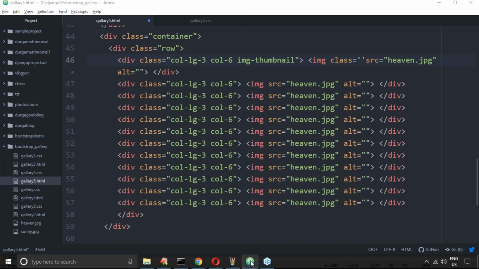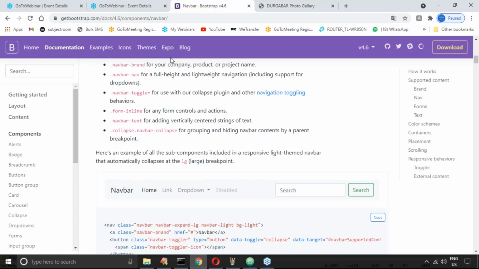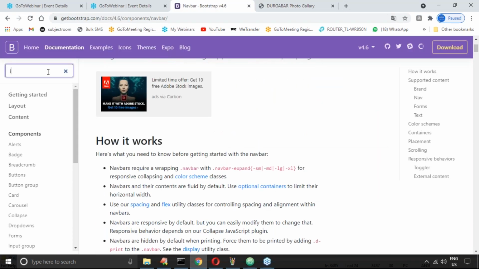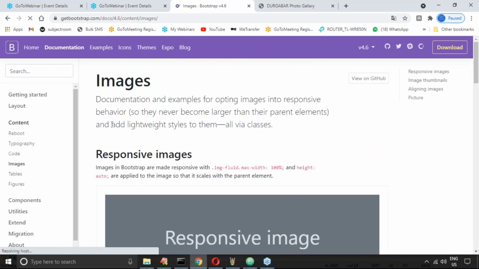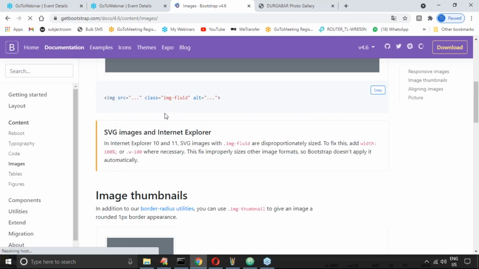Fluid. It is very common for front end developers, responsive images. img-fluid, image fluid. Okay, class is equal to img-fluid.